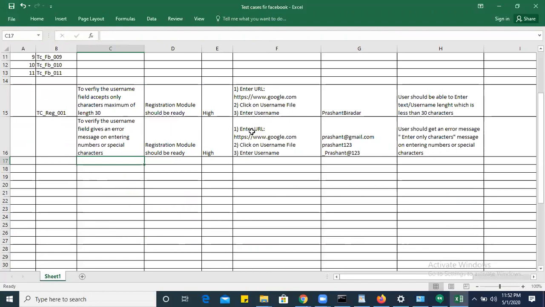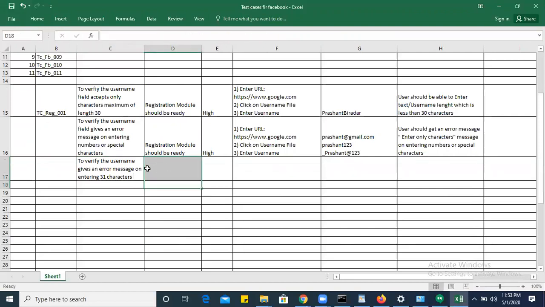Next one is username, right? Here I have written for valid and invalid data. Now I can go for to verify the username accepts or gives an error message on entering 31 characters, right?